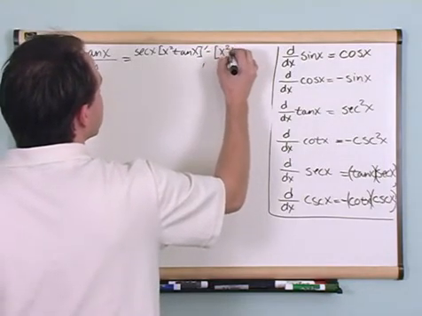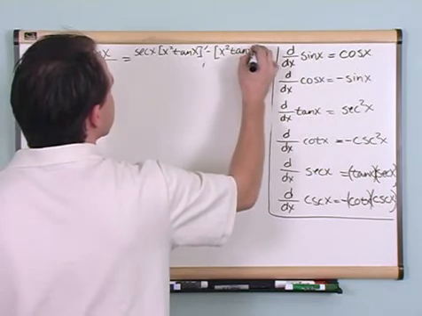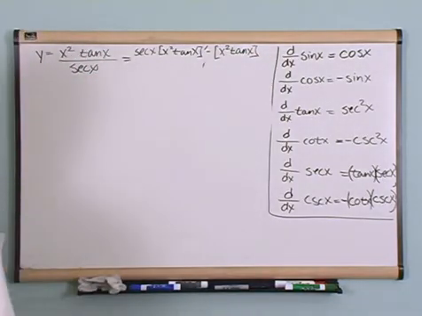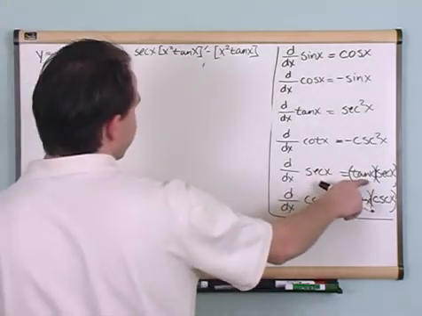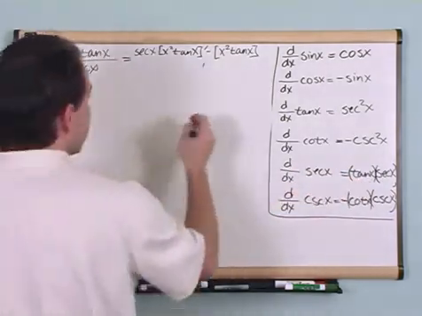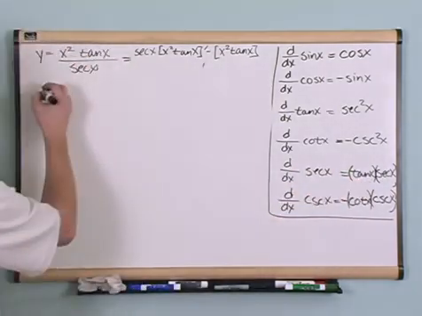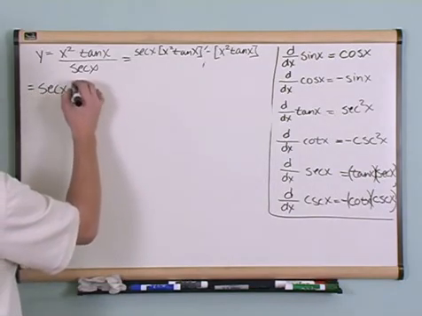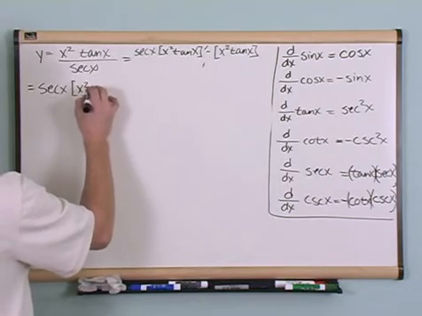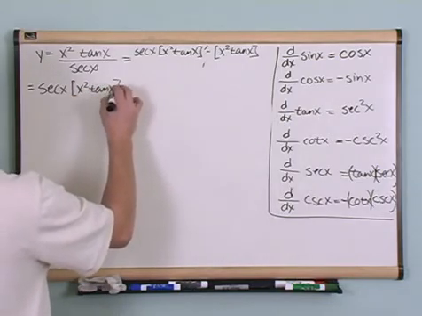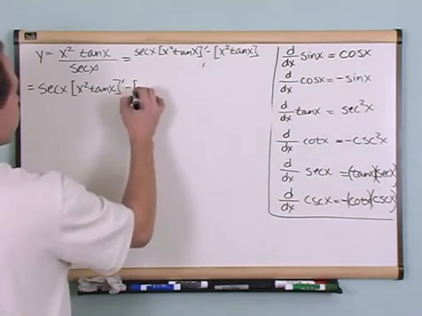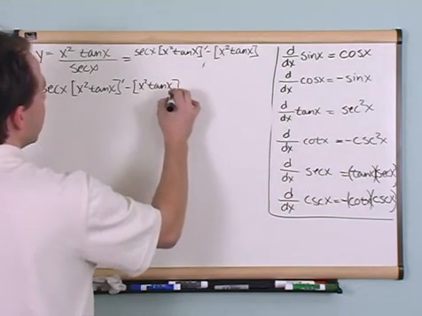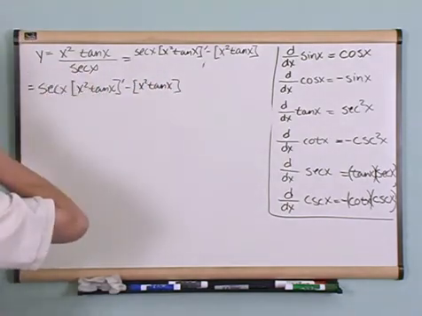x squared tangent x times the derivative of the bottom. Derivative of secant is simply tangent times secant. Okay, so actually what I'm going to do here, since we ran out of a little bit of space, is I'm going to rewrite it here. Secant times x squared tangent x, got to take the derivative, minus x squared tangent of x. Now I've got to take the derivative of